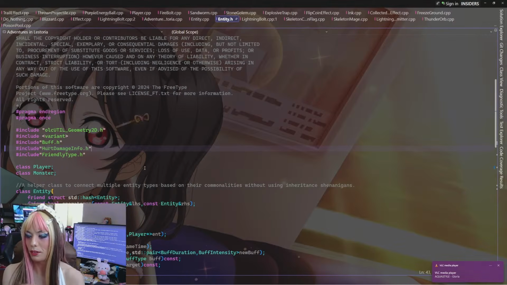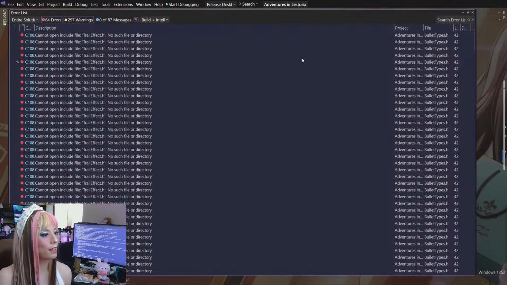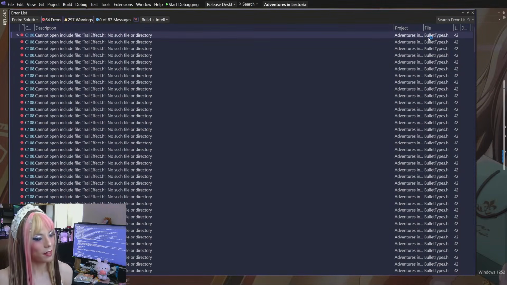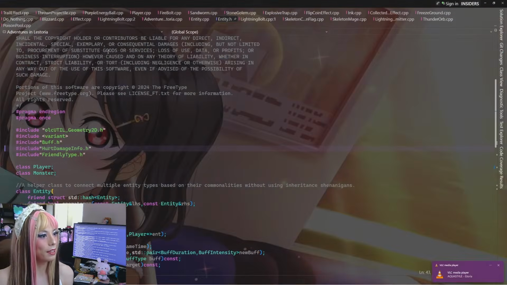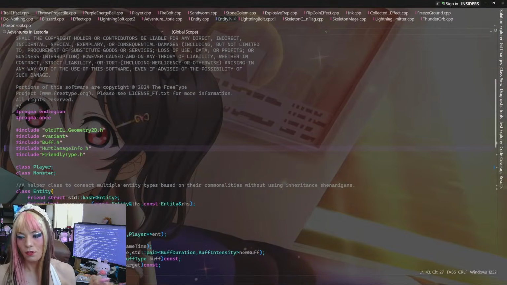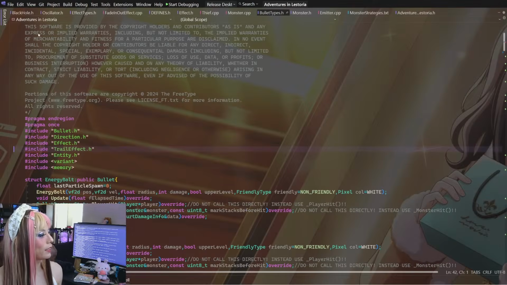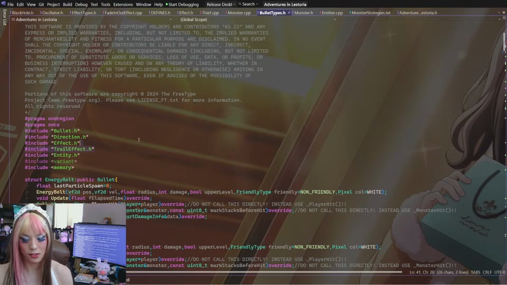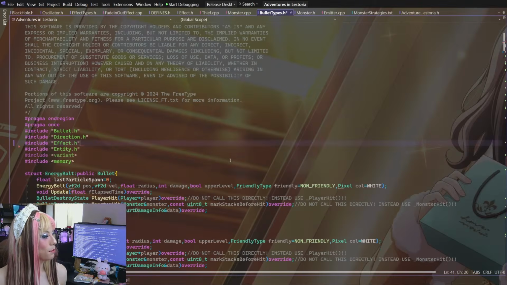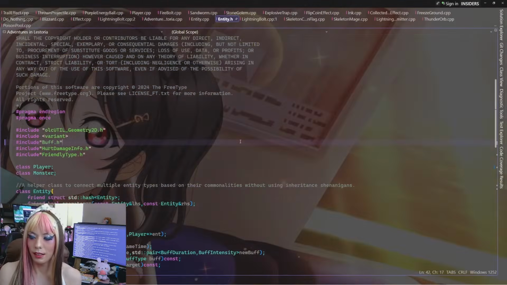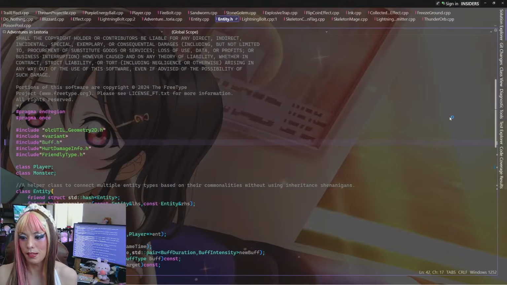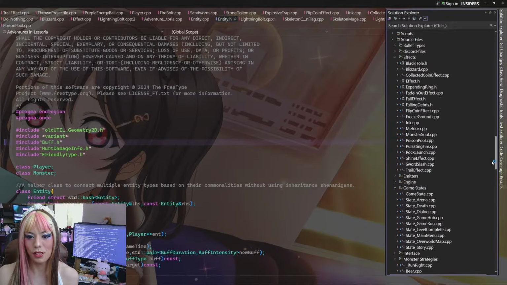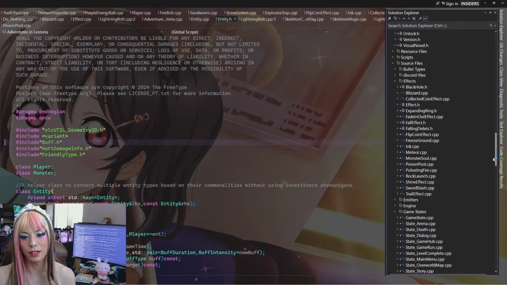Essentially, we are in the middle of fixing compile errors and stuff within the project. So it looks like before we used trailEffect.h. Oh, right. We're transferring all these from being inline, which means all their declarations and definitions are in one header file, to being stored in separate header and CPP files. Separate implementation files, separate declaration file.